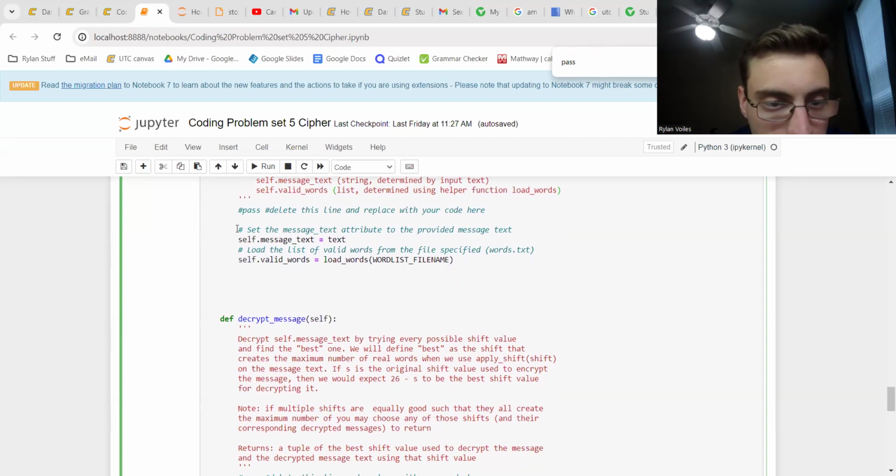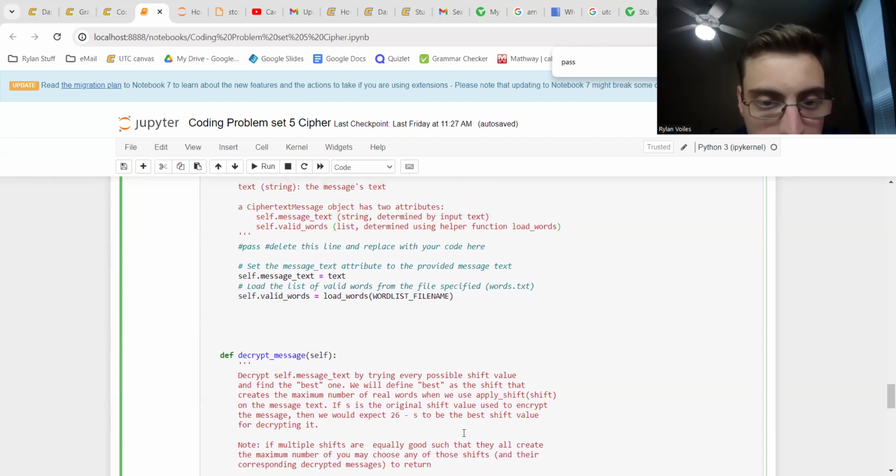First we want to simply set the message text attribute to the provided message text. So we just do that by saying self.message_text equals text, and we then want to load the list of words from a specified file, which in our case is the words.txt file, but we use word list file name